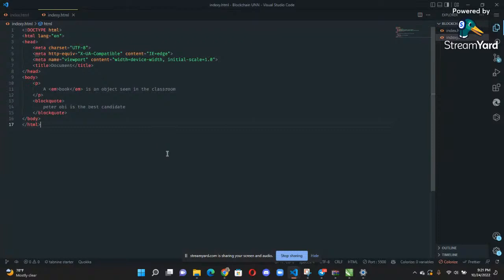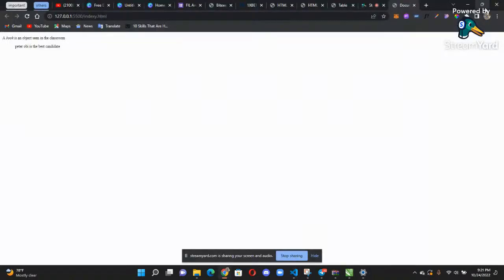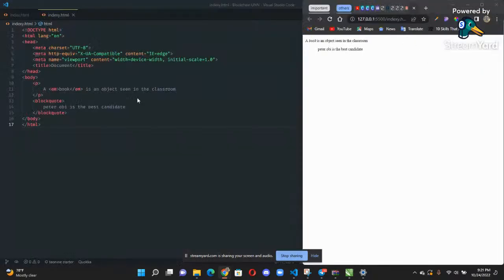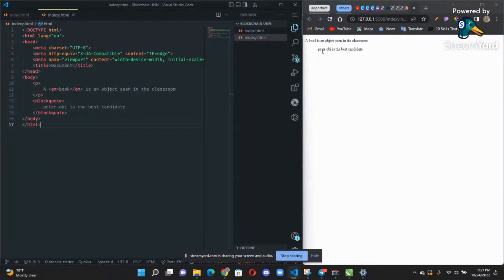Okay, let me use this one. Now see it here. Peter Obi is the best candidate. Once a screen reader is reading it out, it will tell the listener that this particular sentence is a block quote, that is a quotation, and that's why it was indented.